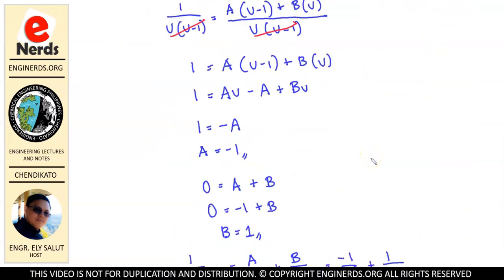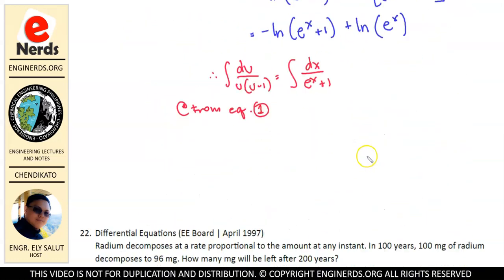Let us write that here below. So this is the given: the integral of e to the x minus 1 over e to the x plus 1 dx is equal to,